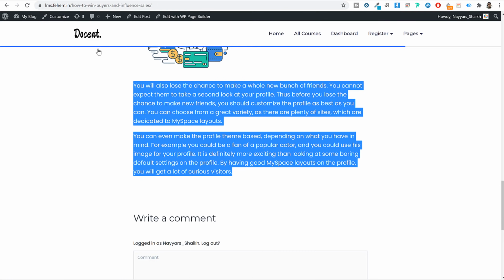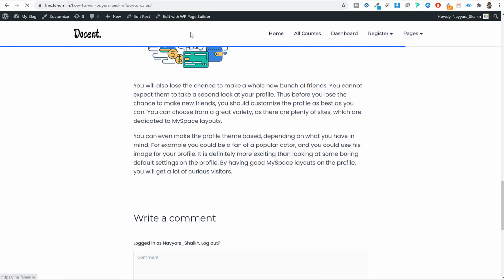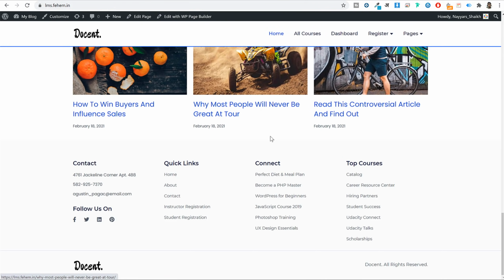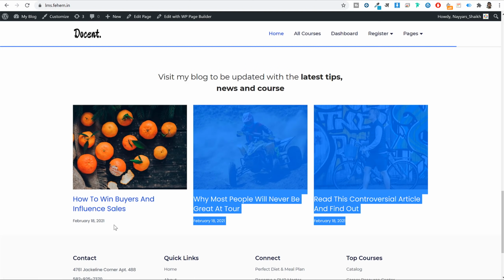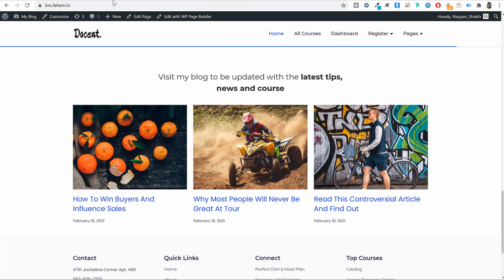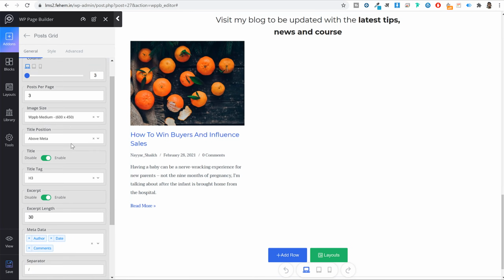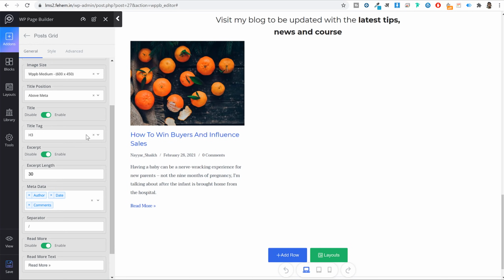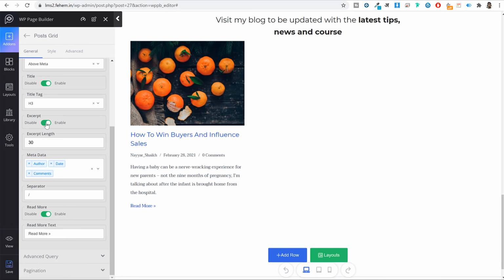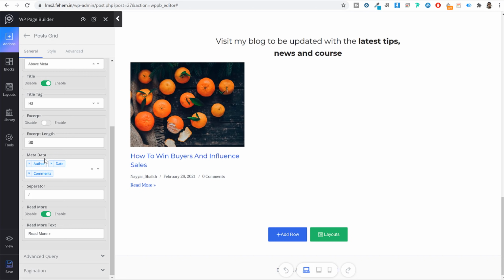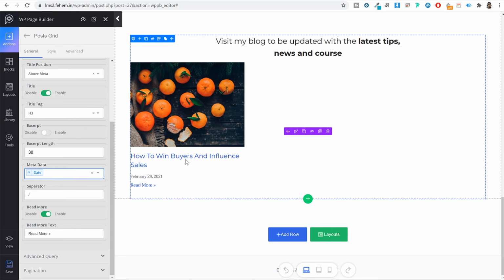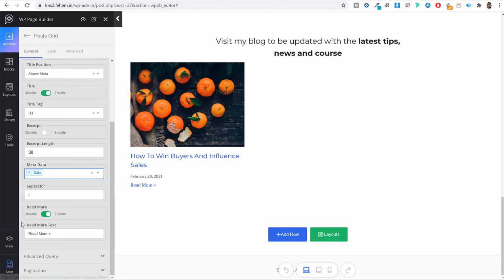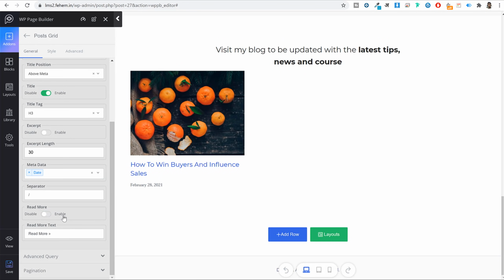And now I want to do one thing. If you see the demo website at the bottom, I just want to display this thumbnail, title and date. Only these 3 things. So I can come back to this page. I want the title, so I want to enable it. I don't want the excerpt, so I'll disable this thing. Now under meta, I don't want the author. I don't want comments. I just want the date. Rest everything looks good. I don't want the read more text as well, so I'll disable this read more text as well.